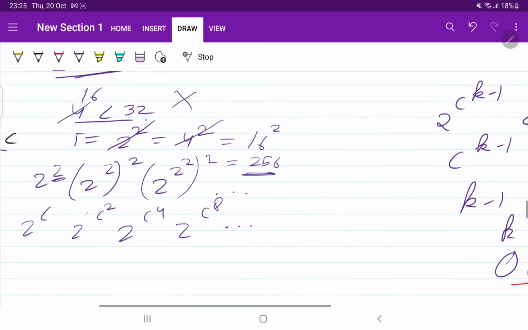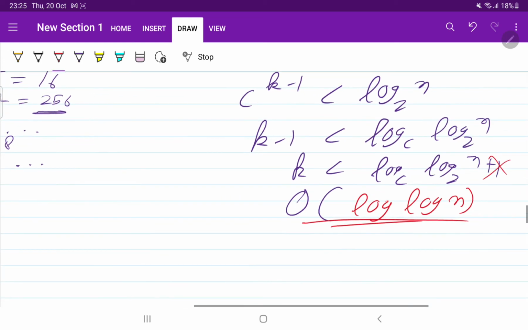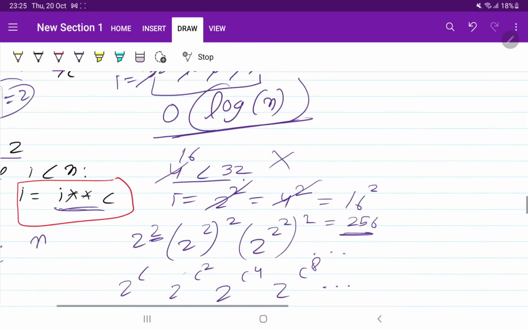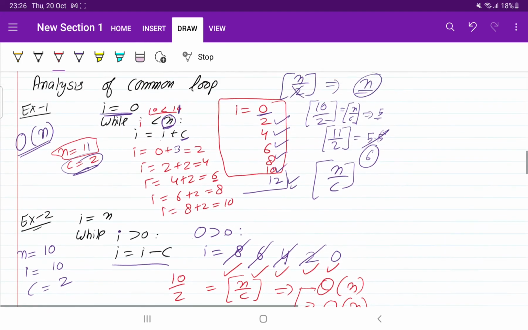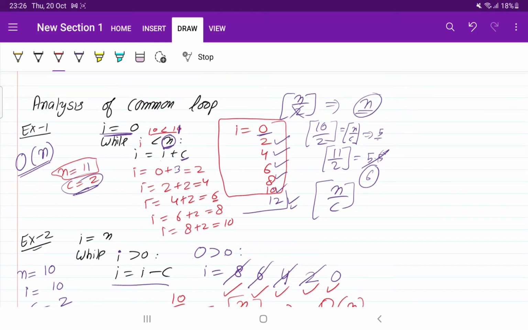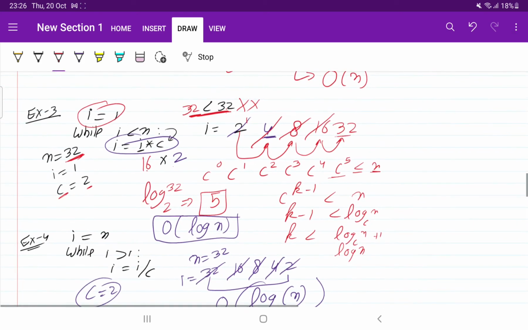So if the function is of power type, what is the time complexity that we got? Order of log of n. These were the general cases to identify how we are going to analyze the time complexity. If you didn't get these things, start the video again from here and go step by step, because this will be very useful to find the time complexity.